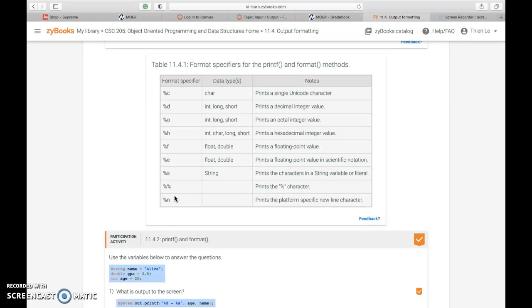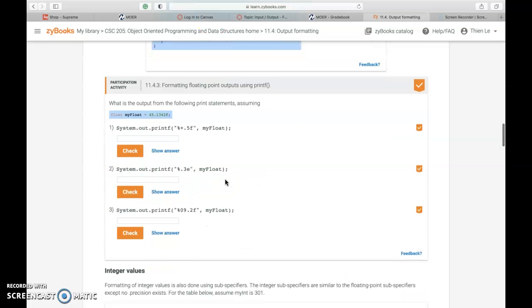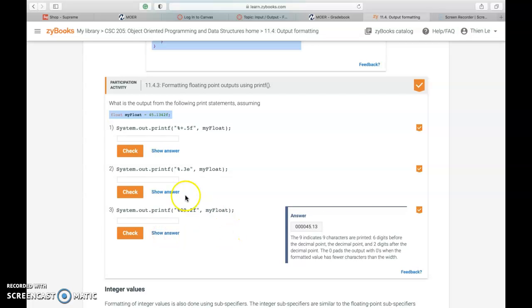And so if we look at how to write the code, there's actually this participation activity that we can do. It's 11.4.3 right here. It actually shows us a lot on how to do the code. So basically, I want to show this one right here. So if my float number is 45.1342, let's just ignore the front number over here and look at the